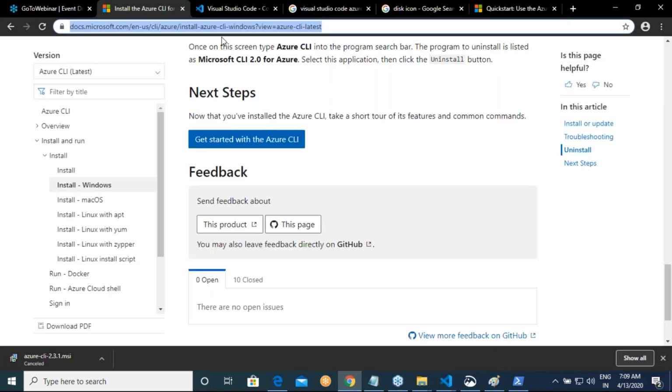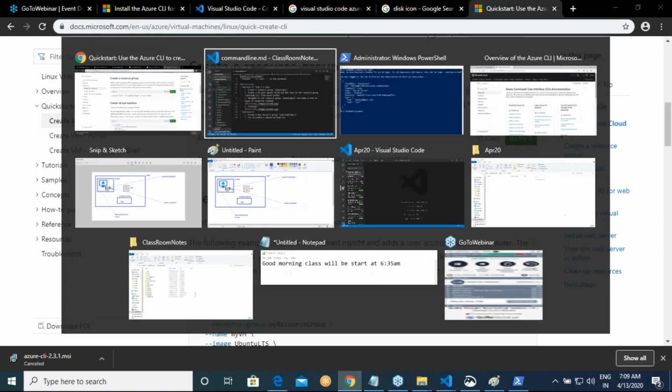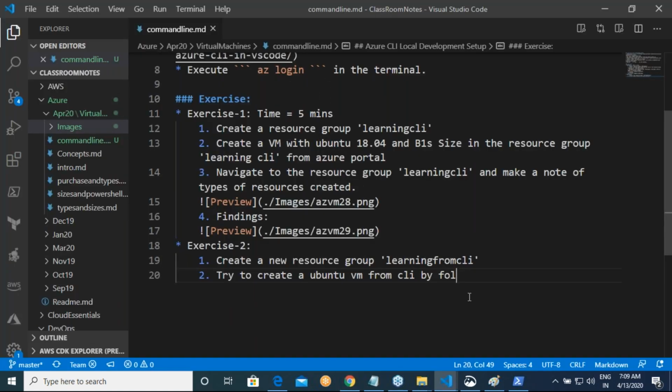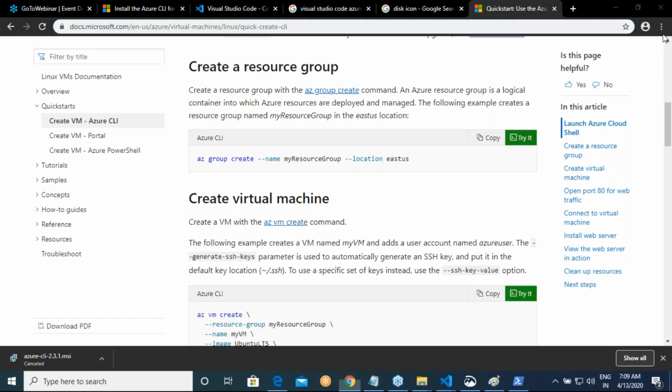Okay, this is install. I'll try to do this by following the document over here. Right. So I've given you that link already in the chat. So are you guys doing that?